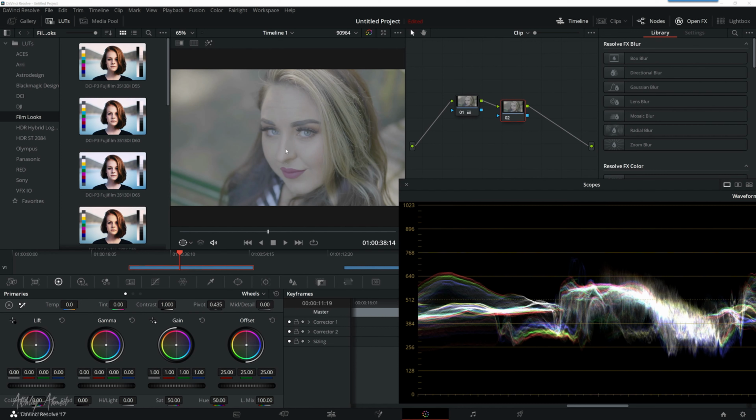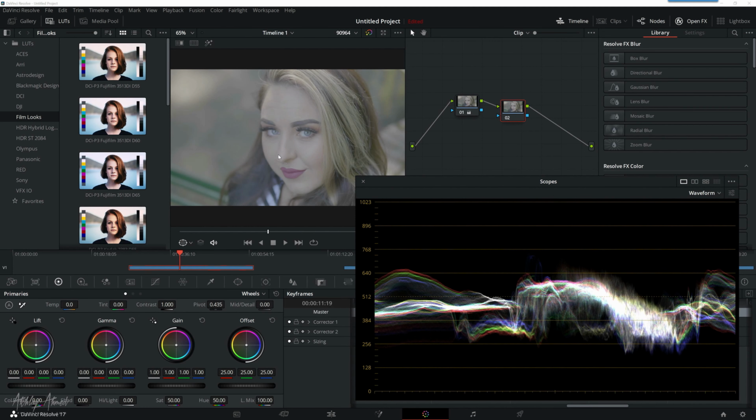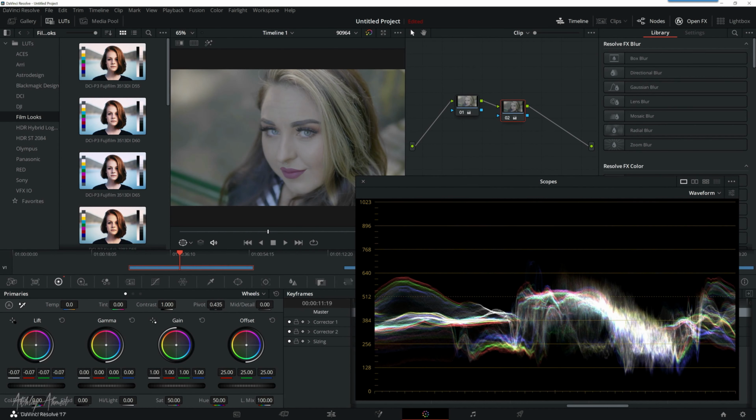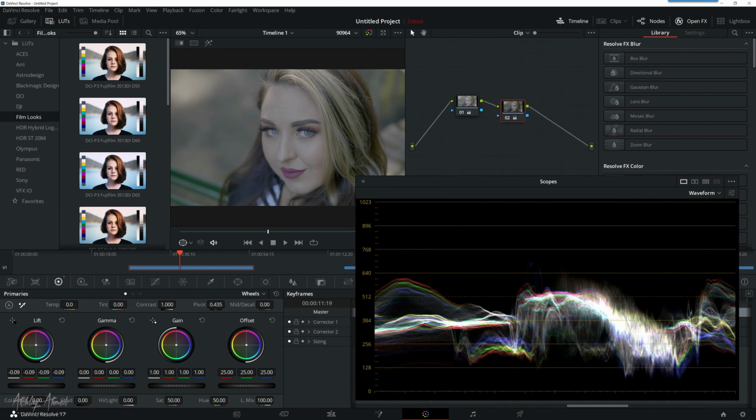So you can see, let's study this. You can see these highlights in the models here. You can see the eyebrows, you can see the jacket of the model. They're kind of like gray. So my task here is I'm going to bring the blacks out. So we have the blacks, and pay attention to here. So I'm just going to take the lift and we're going to just basically bring that down. Can you see in the image we're sort of gaining our darks, we're gaining our blacks, and obviously we